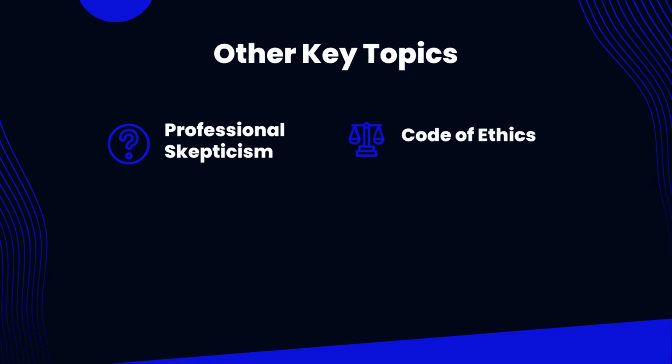Code of ethics. Professional accountants have a specified code of ethics based on their qualification, but normally the code of ethics for professional accountants is issued by the International Ethics Standards Board for Accountants, the IESBA, and the fundamental principles of the code of ethics for professional accountants are as follows. They are integrity, objectivity, professional competence and due care, confidentiality, and professional behavior.